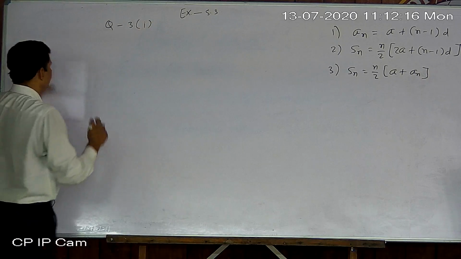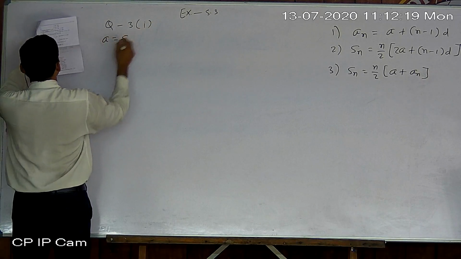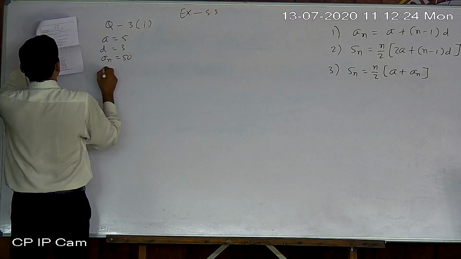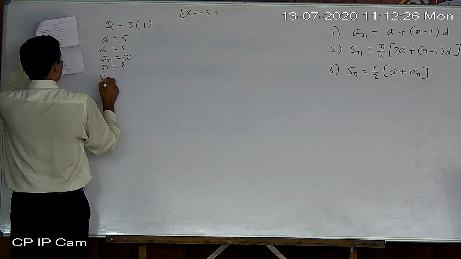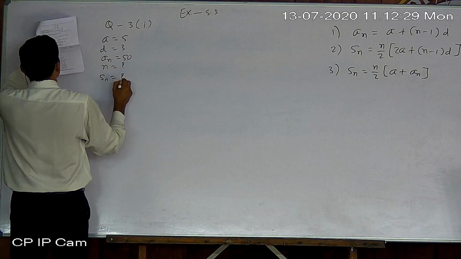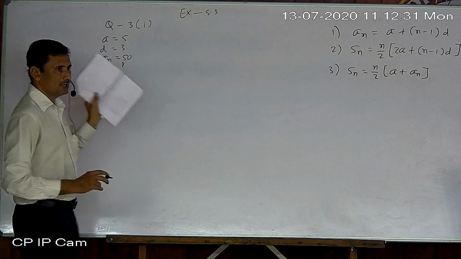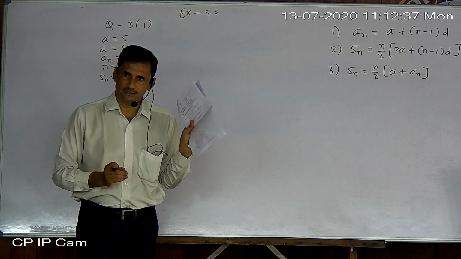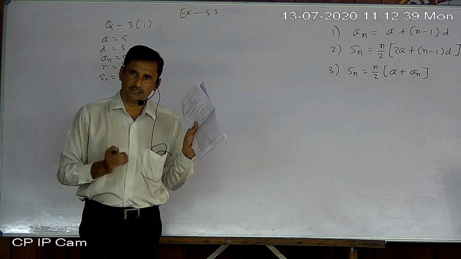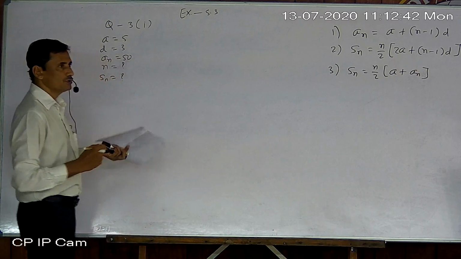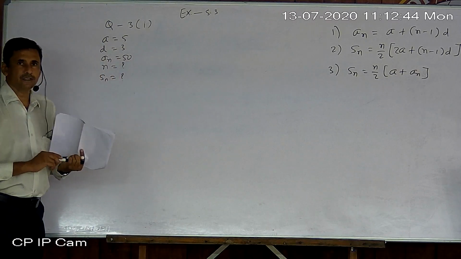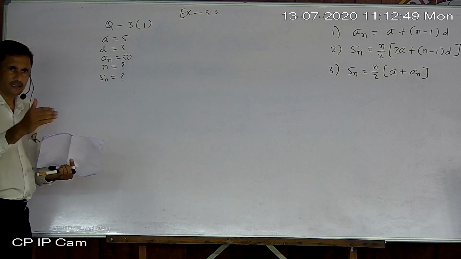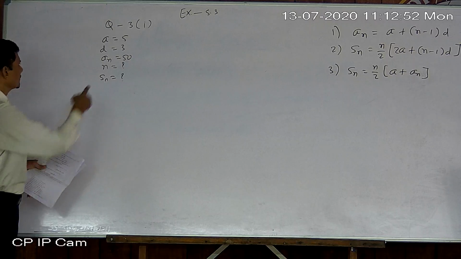Look there at what is given: a equal to 5, d equal to 3, an equal to 50, and n and Sn are asked. In most sums, 2 things are missing and 2 answers are required. So 2 parameters are asked, and we have to solve the given sum in 2 steps. After getting the first variable, you have to proceed and find the next one. Here also 2 things are asked.